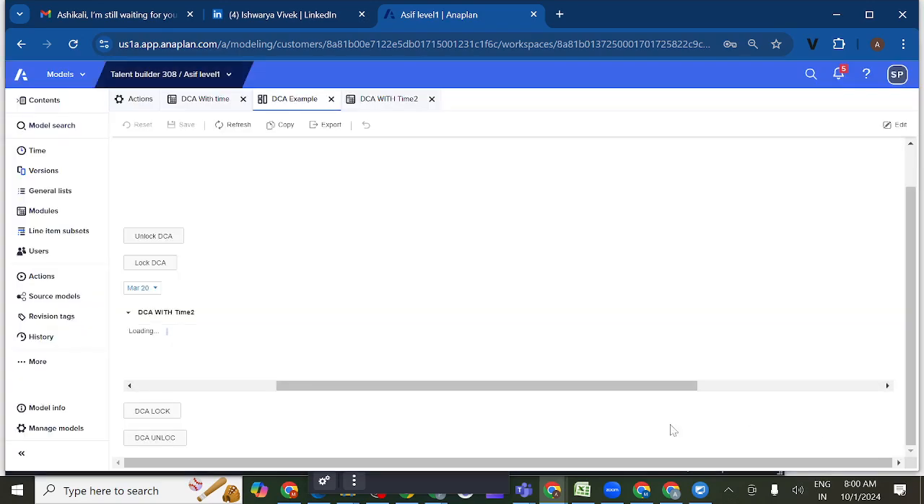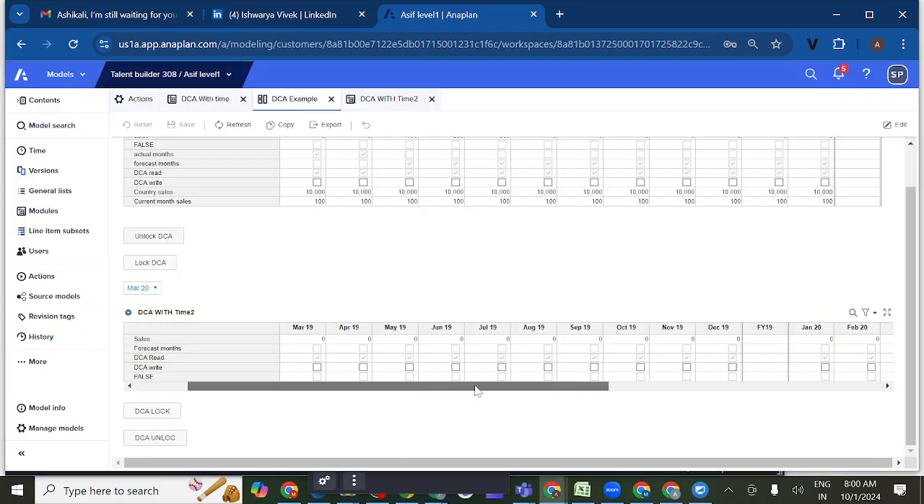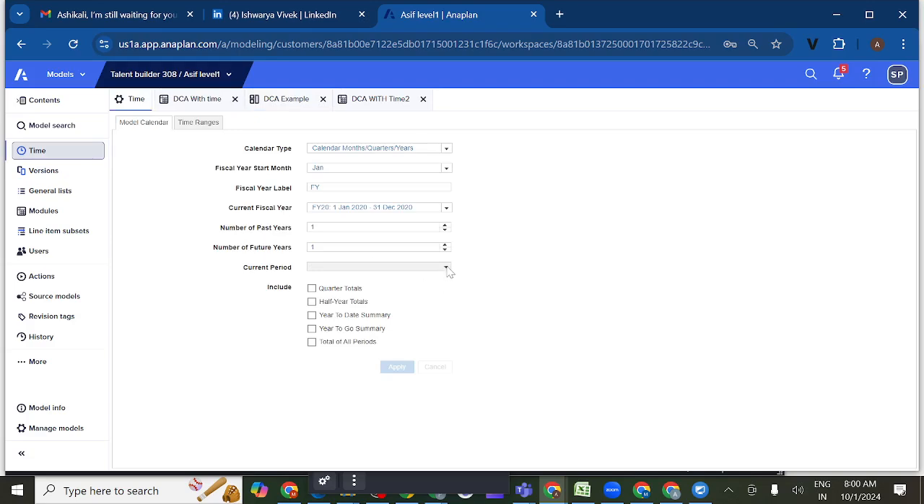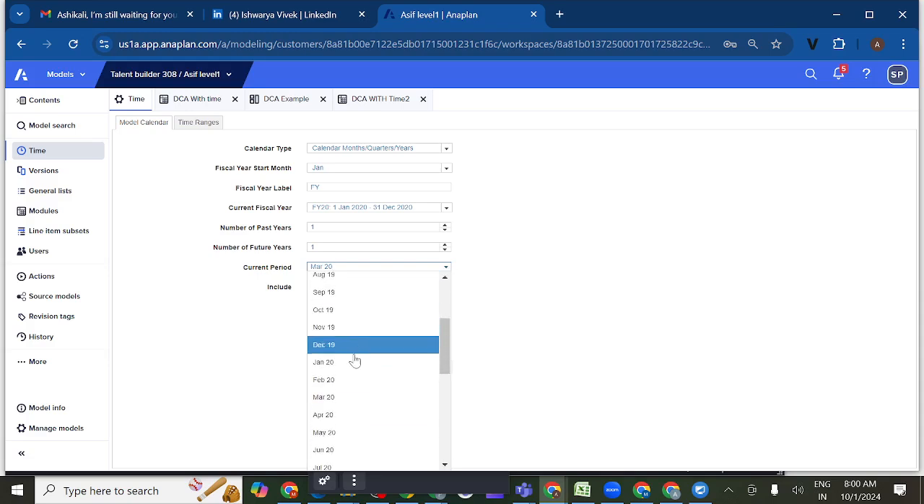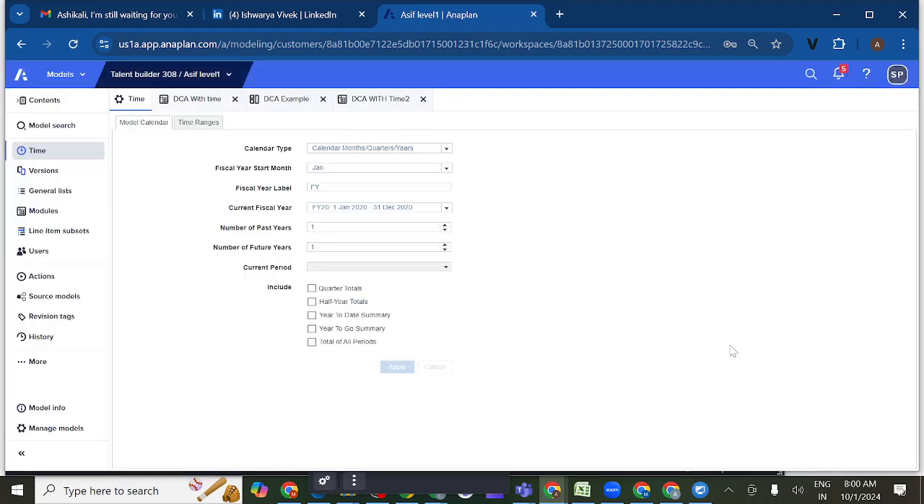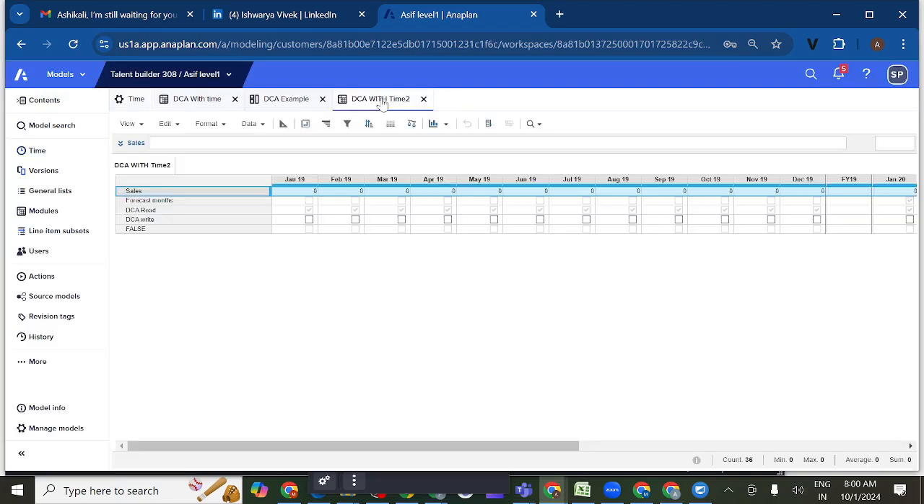Current month onwards, it is editable. So now I have selected current month March 2020. If I select Jan 2020 as the current month, I will check how it is working. So if I select Jan 20, so again